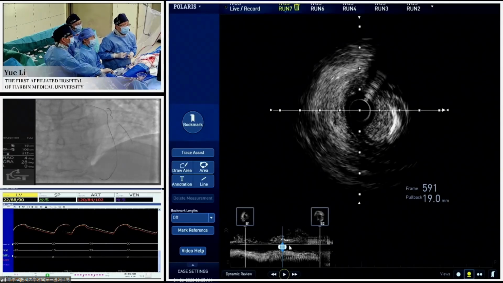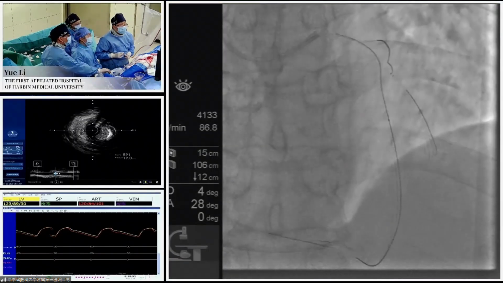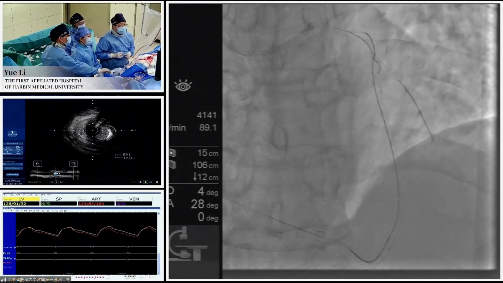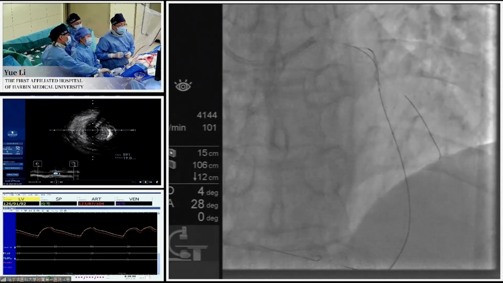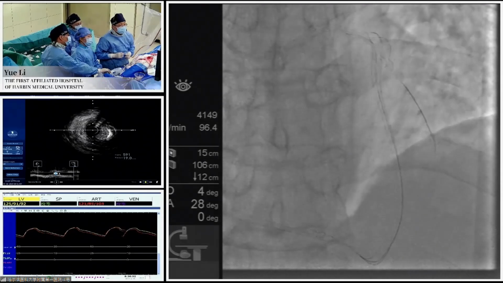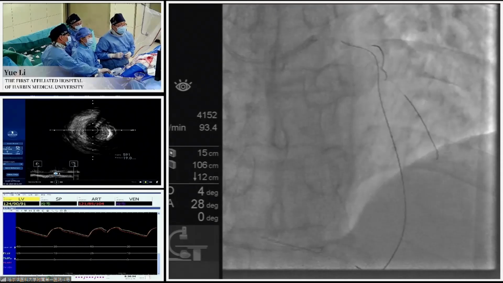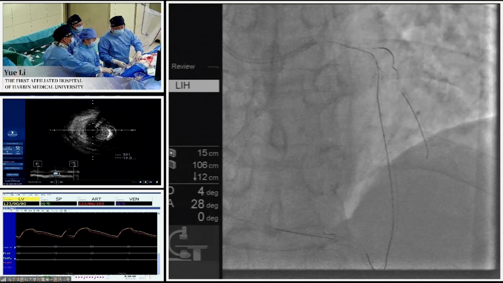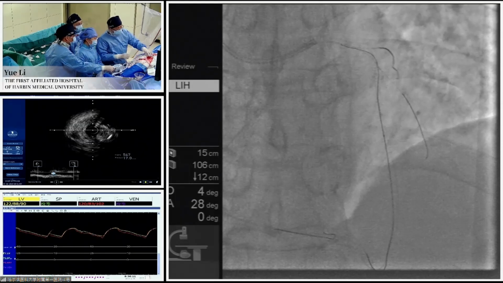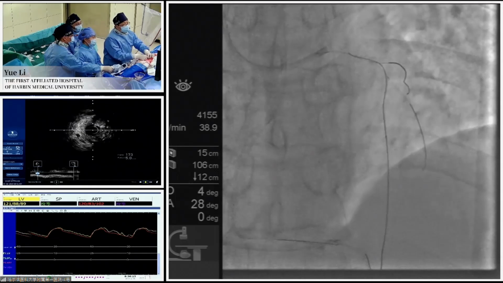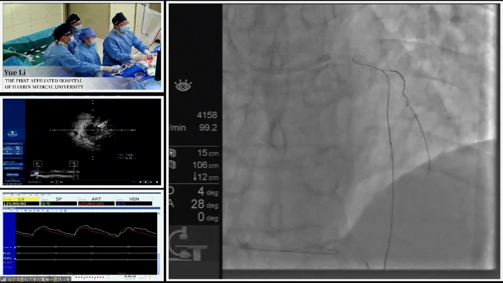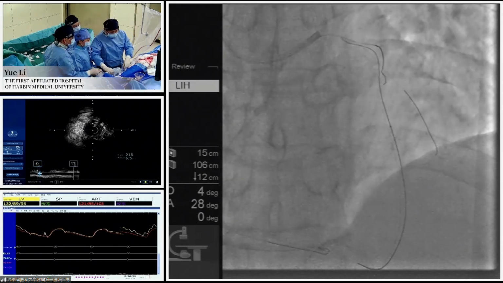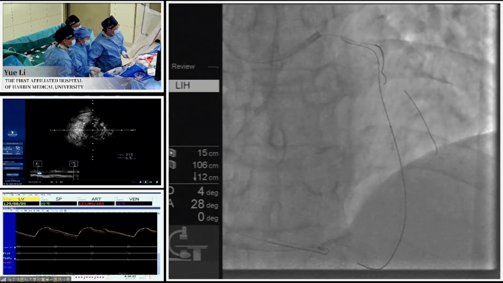As Professor Lee just mentioned, the tip of the wire needs to be manipulated a little bit because in the proximal part of the RAD there is a huge, eccentric plaque burden. We still feel a little bit of resistance. I think we should check in another view. Check again, the tip of the guidewire first seems